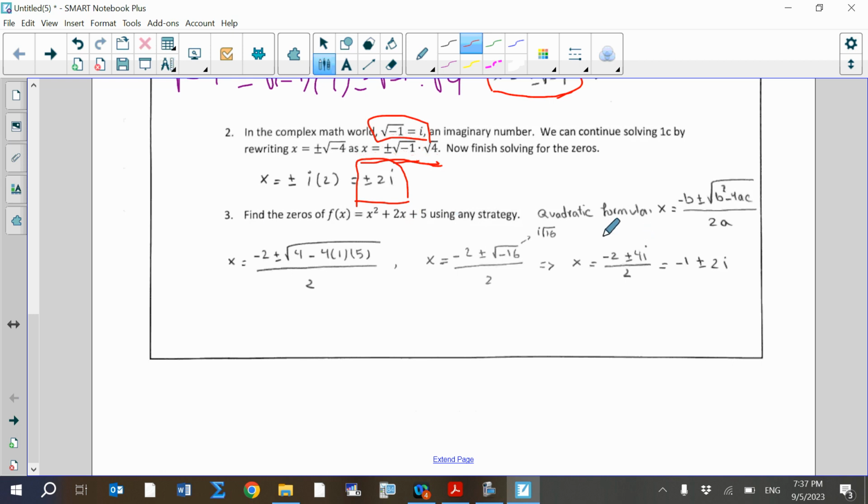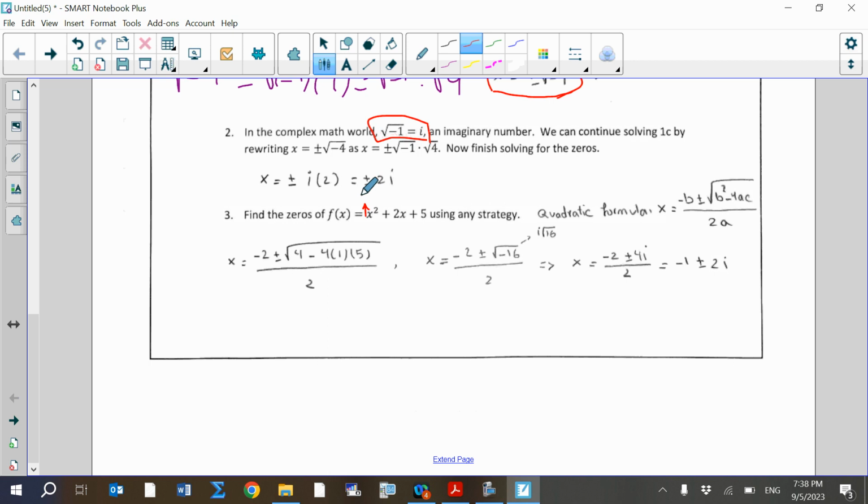We have learned the quadratic formula before in Algebra 2. The quadratic formula says that in order to find the roots of a quadratic function, you can use this formula: x equals negative b plus and minus the square root of b squared minus 4ac, divided by 2a. What are a, b, and c? They are basically the coefficients of